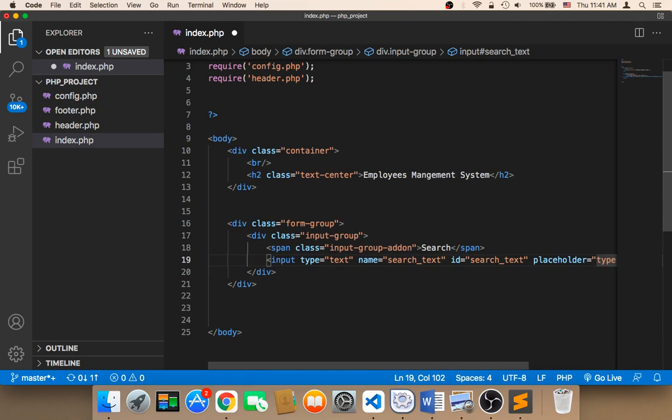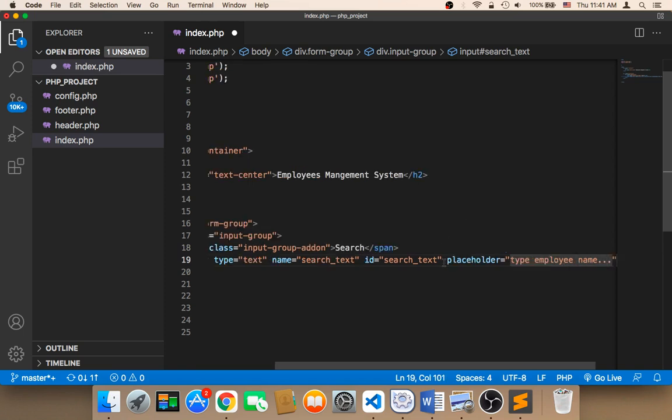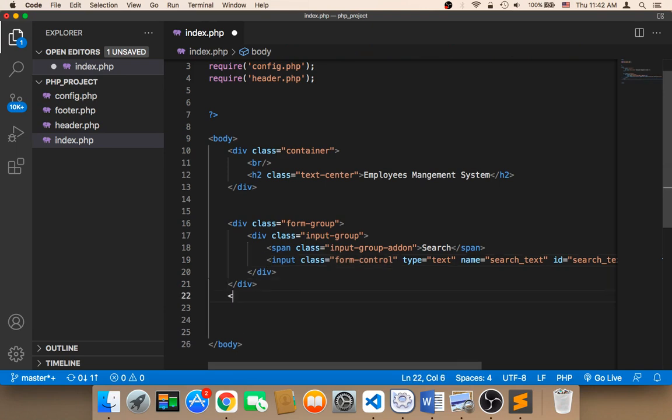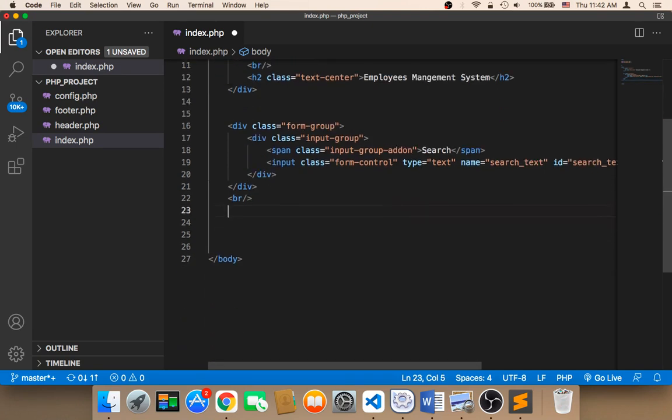Before I forget, we need to give this input a class, form-control, and then below this input we need a break. We need here br, and then below this br we need a div that will display the result. So I'm going to say div here, and then I'm going to give this div an ID. I'm going to say ID is equal to result,